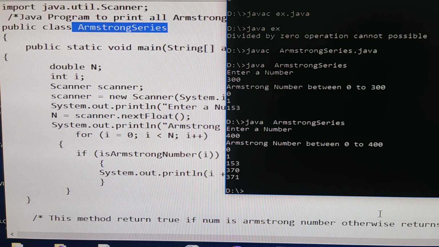So here, according to our program, whatever number I have given, I want cubes from 0 to 400. You can see 0 to 400. This 400 is nothing but the n. Here from 0 I want up to 400. Whatever Armstrong numbers there are between 0 and 400 will be displayed here. So this is our practical part today. The remaining programs I will explain in the next class.